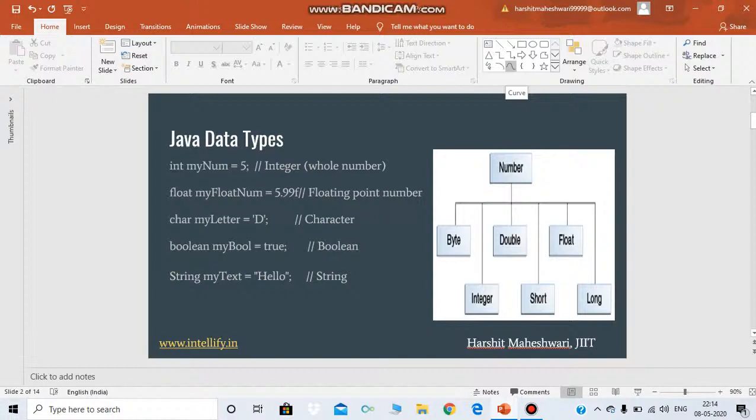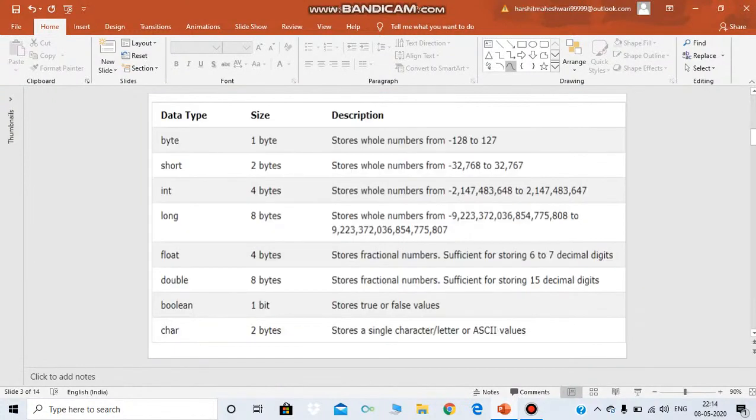Character, so its shorthand notation is char, which is basically used to store uppercase characters, lowercase characters or special characters. Here uppercase character means capital A, capital B, capital C, capital D up to capital Z. Lowercase characters from small a, small b to small z, and special characters like plus, minus, mod, asterisk. So integer, float and character are basically the three most widely used data types in our Java language.